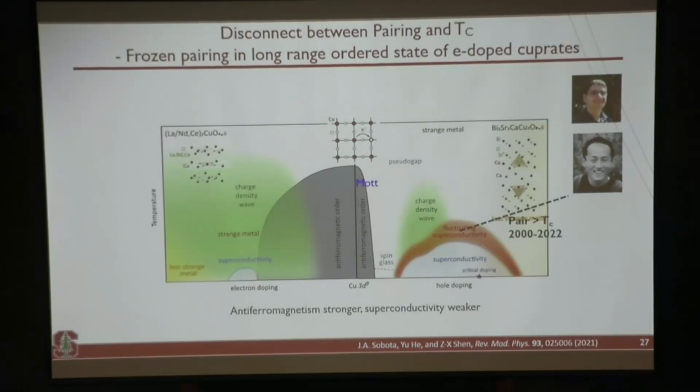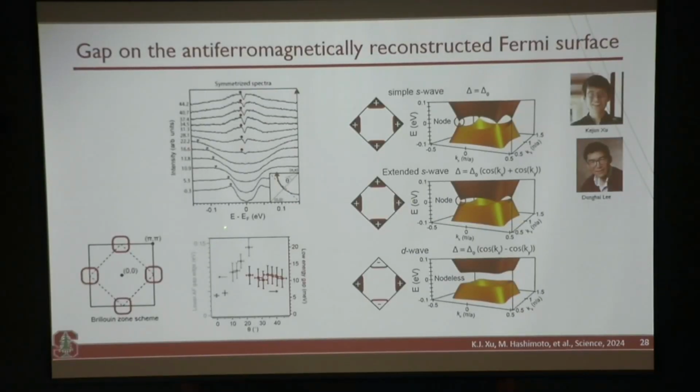So what I just told you is the physics of the whole doped system, and I just want to mention that in the electron-doped system, actually they're similar. Even in this innocent-looking insulating phase, there appear to be another gap along the antinode direction, and this gap, for the theoretical work of Dung-Hai, is fairly consistent with a pairing. But it's very interesting. Let me just point out that this gap actually has no node, even though it's a